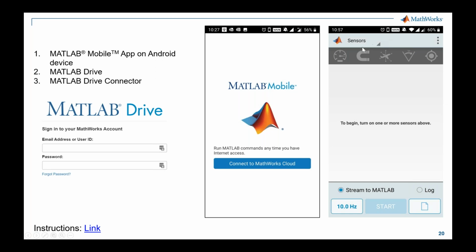Also, you can enable certain sensors. Here we have sensors for accelerometer, magnetic field, gyroscope, angular velocity, and GPS. All this data can be either streamed into MATLAB or you can make a log file and store it on your MATLAB Drive. When you sign in and download this MATLAB Mobile app, you will have to connect to MathWorks Cloud. For this, you will need a mathworks.com account with a valid license to access both MATLAB Drive as well as the MATLAB Mobile app,